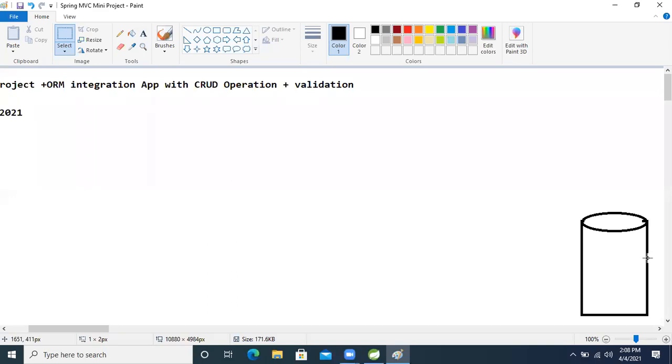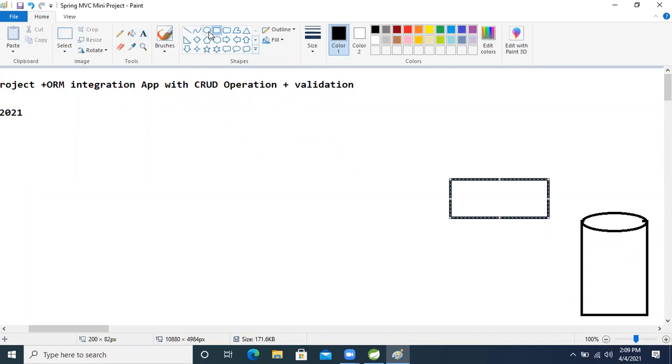If we want to connect with the database, we will take the driver manager data source. We need a DataSource. Spring didn't give this one, it is an interface given by the javax.sql package.